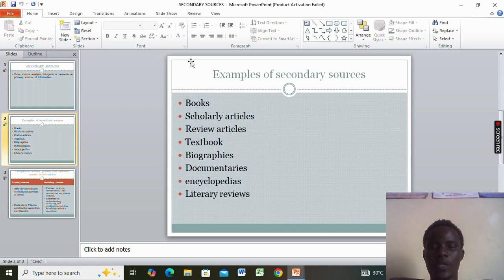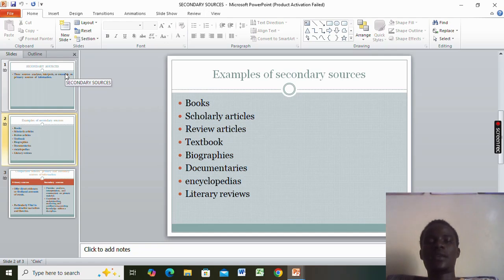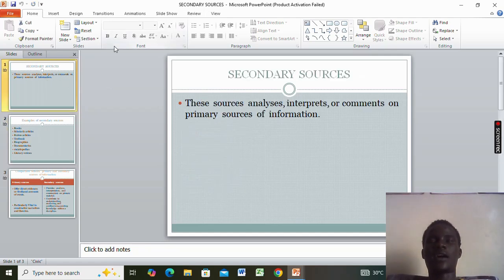Then you need to check the timeline. When was this information published? Especially if you're carrying out research in certain fields, it is very important to have information that is up to date.